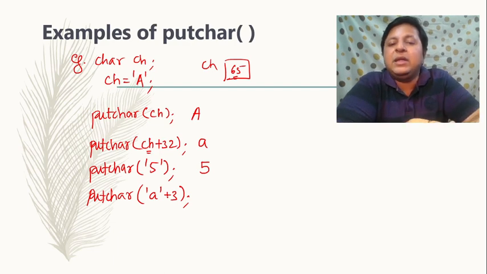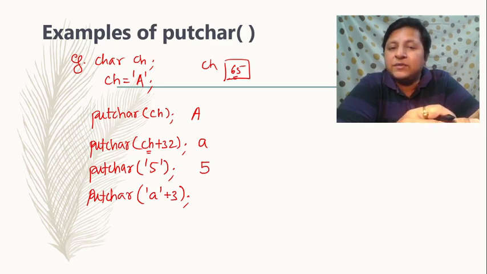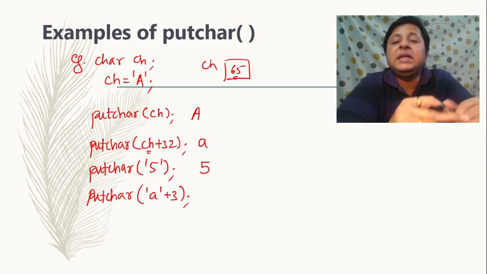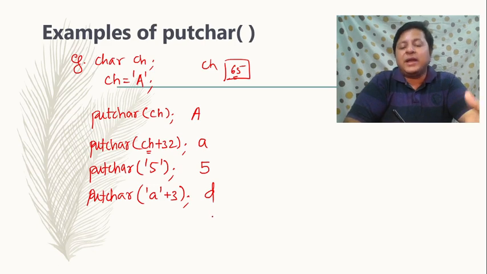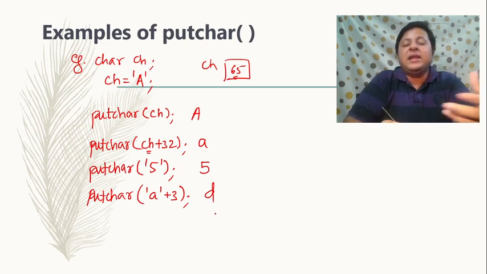See, again, A will be converted to its ASCII value, which is 97, plus 3, that is 100. Now what is 100? It is very simple. 97 is A. So if you add 1 to it, 98, it will be B. If you add 2 to it, 99, it will be C. And if you add 3 to it, which is 100, it is going to be D. So in short, the output for this is going to be small d. I hope you're getting it. So likewise, we can have any sort of expressions. It will be evaluated, finally the ASCII value will be taken and that will be printed.